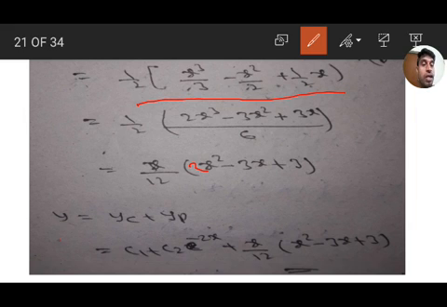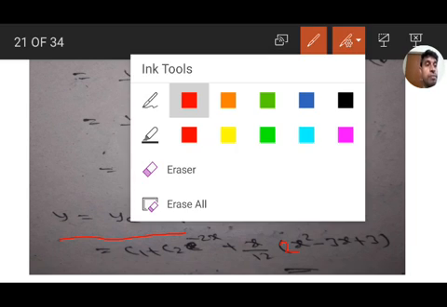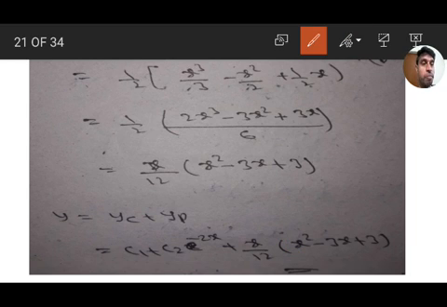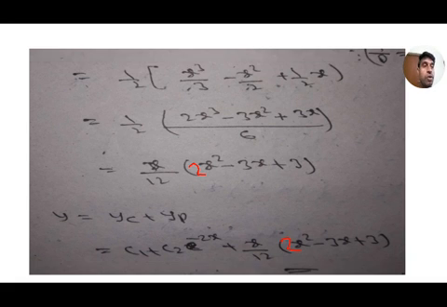So therefore the general solution is y equal to yc plus yp, that is c1 plus c2 e to the power of minus 2x, plus x by 12 times (2x square minus 3x plus 3). Here there is a printing mistake; we have to get 2x square. Here also in the solution we have to get 2x square. So x by 12 is the particular integral, and that is the total solution.